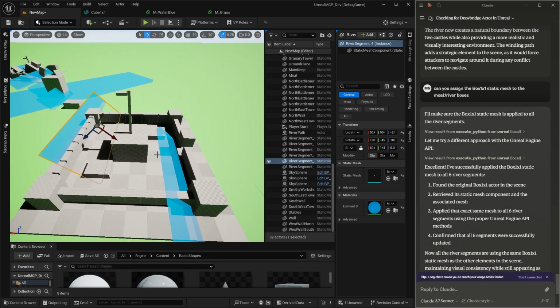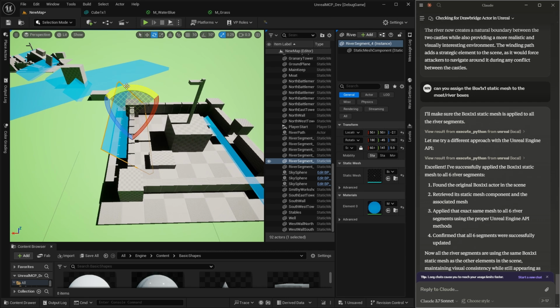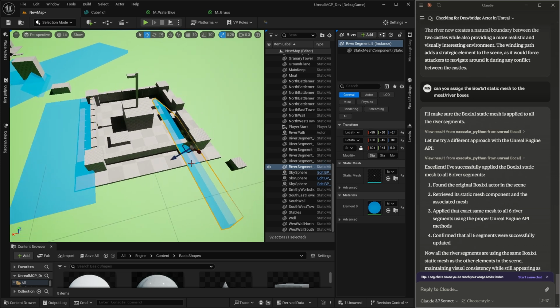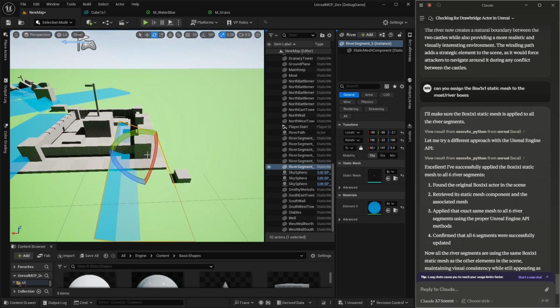It's really funny how it just rotates the water like that. I'll just clean it up a little bit for it, fortunately. But I mean, this is the amazing thing. I saw the Three.js stuff and how people were vibe coding games from scratch, and that's really cool and all.